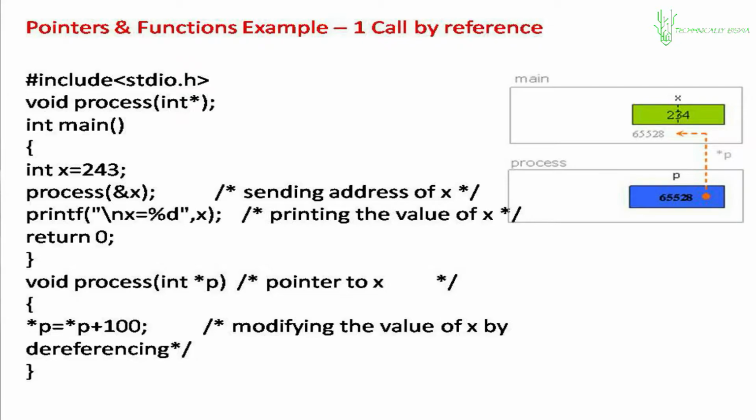Below that, where you have asterisk p, p is a pointer of integer type, int star p. Remember you are passing the address of x, which is an integer variable. So integer address into integer pointer, and inside that function we are saying star p equal to star p plus 100. Value at p equal to value at p plus 100. p holds the address of x, so the value at x will be changed. 100 will be added to the current value, and the value becomes 334. The value earlier was 234, now it becomes 334.